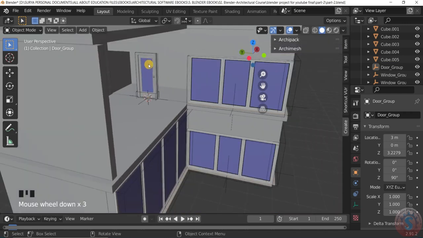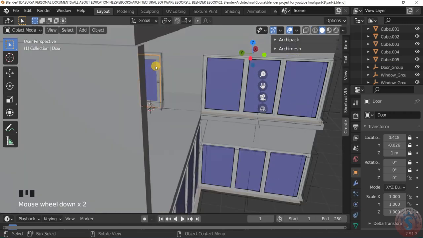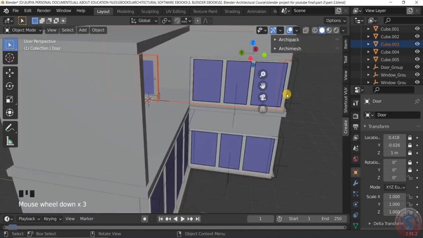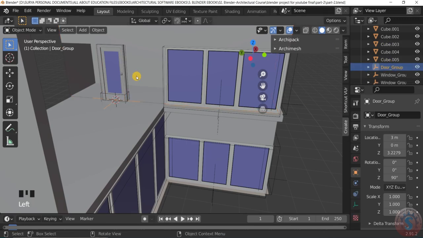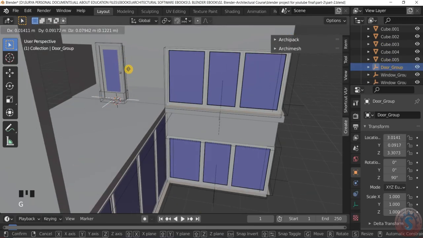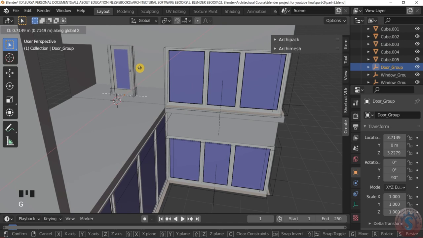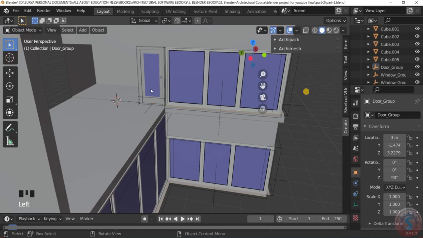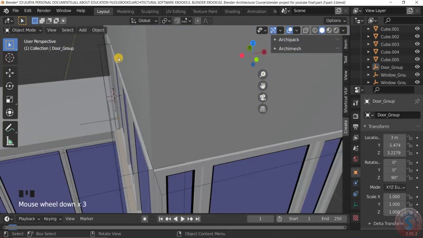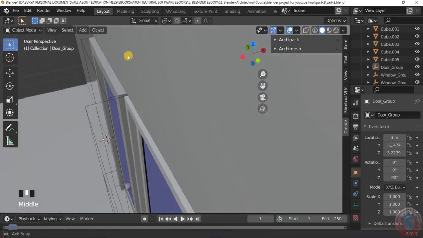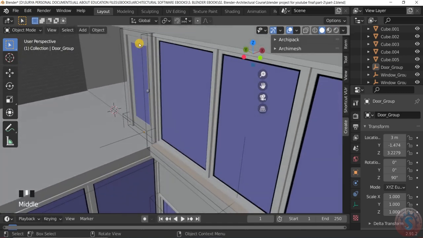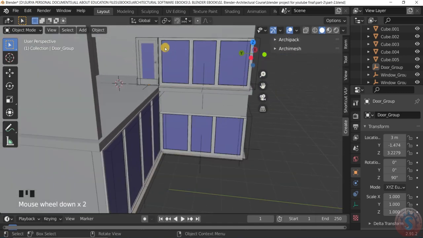I want to move this door to the end: select the door group, press Z and then the X key, Z key. You can observe that by using Y, you can adjust this to the panel window. This panel window, the door is exactly there.